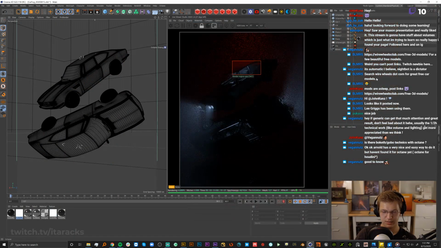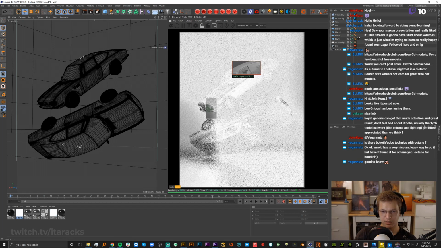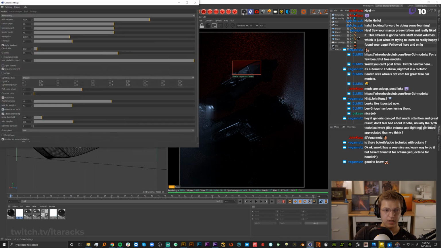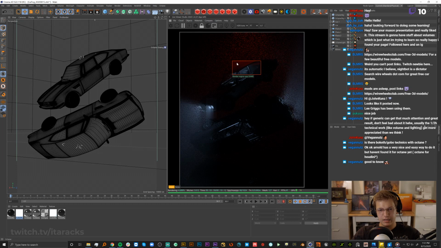But that is the Octane scene. Let's see if it says that it's clean. Yeah, not clean at 30,000. No way I'm rendering that much. I rendered at, this is a test, but I rendered at 12,000. And if you're an Octane person